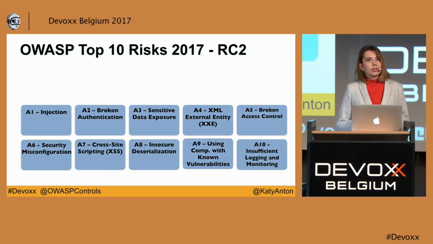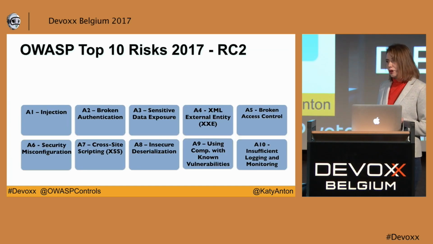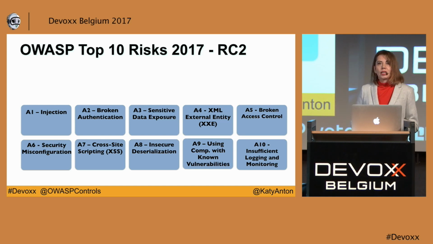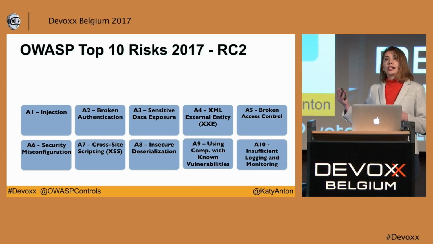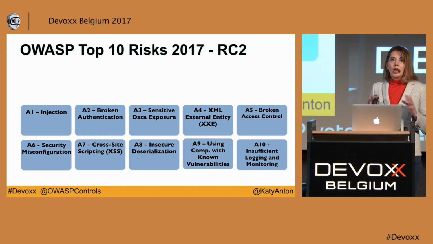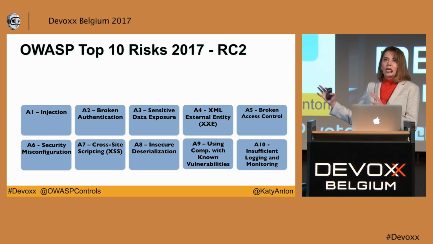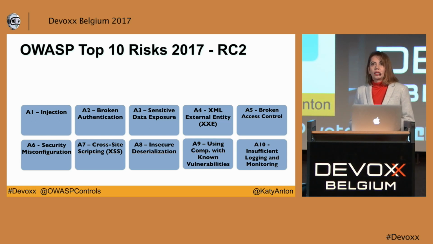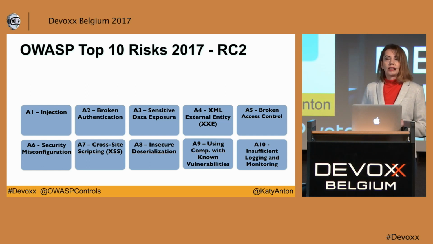The OWASP Top 10 Risks is by far the most cited OWASP document, and this presentation will be tied in with the most recent version of this, which is the OWASP Top 10 2017, a release candidate. So you are the first ones to have the security controls presented on how to defend against these vulnerabilities found in software